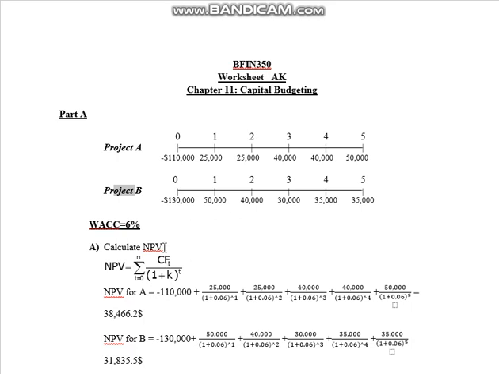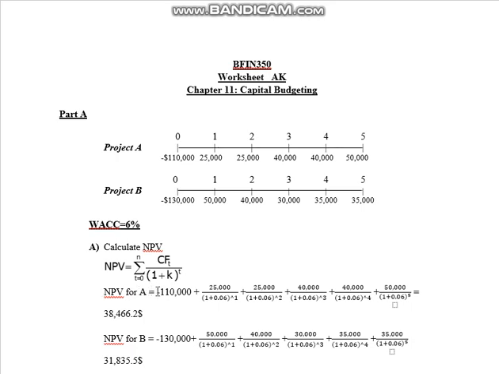First, we have to calculate the net present value. As we know, the net present value is the sum of the cash flows. So here are the cash flows of project A and project B. It is the sum of the cash flows discounted at 1 plus K. The K is the weighted average cost of capital, to the power T, which is the years of the project. So first, in order to solve the net present value for